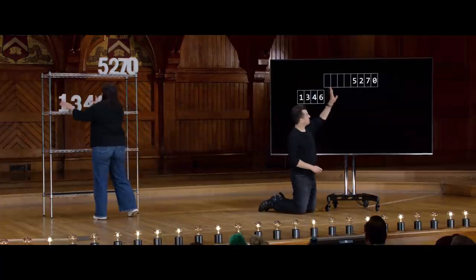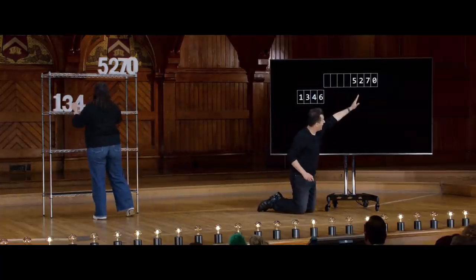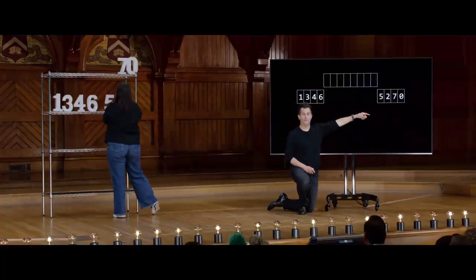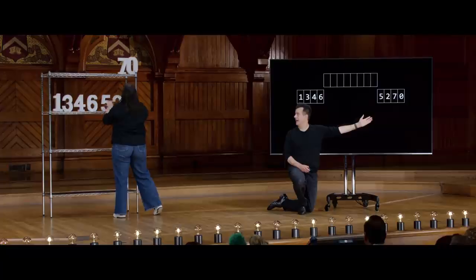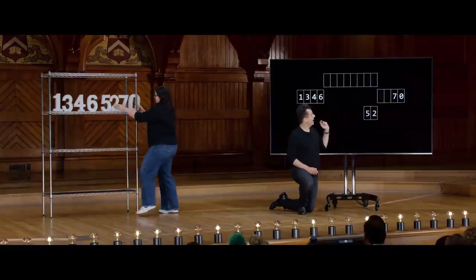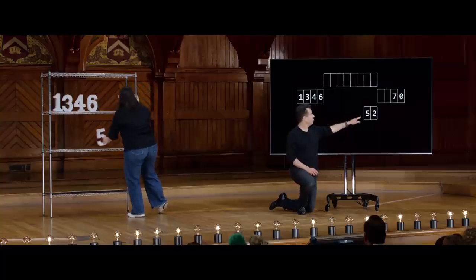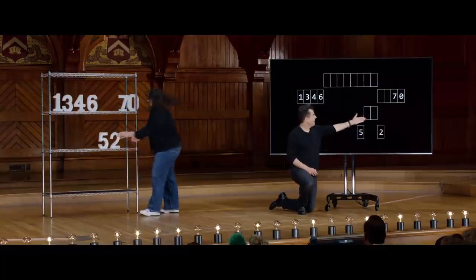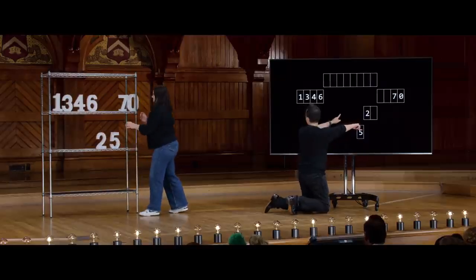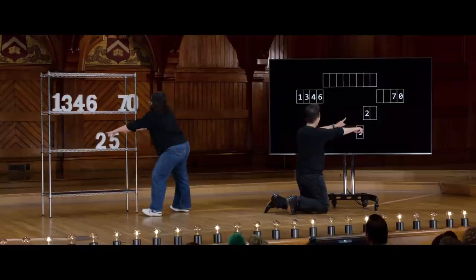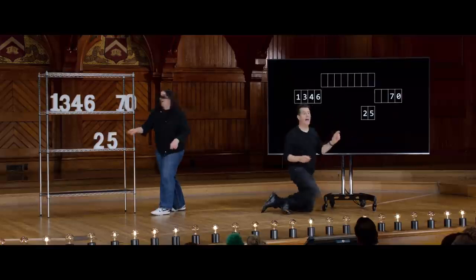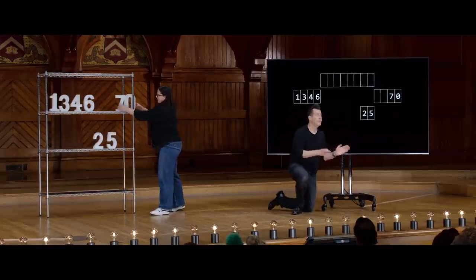Let's see how quickly we can do this. How do I sort now the right half of the original list after sorting the left half? Well, I go ahead and sort the right half. What does it mean to sort the right half? I'm going to sort the left half of the right half. What does that then mean? Sort the left half, done. Sort the right half, done. Merge the two halves. 2, and then 5. OK, good. And now the left half of the right half is sorted.